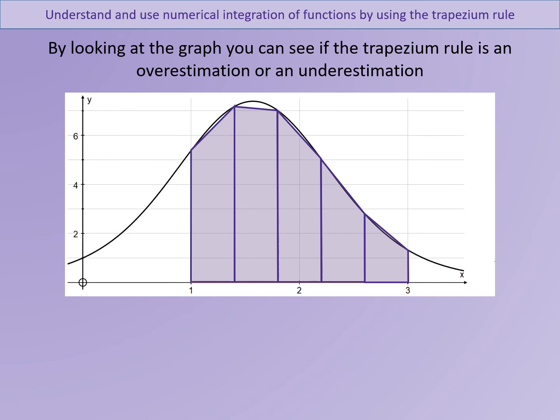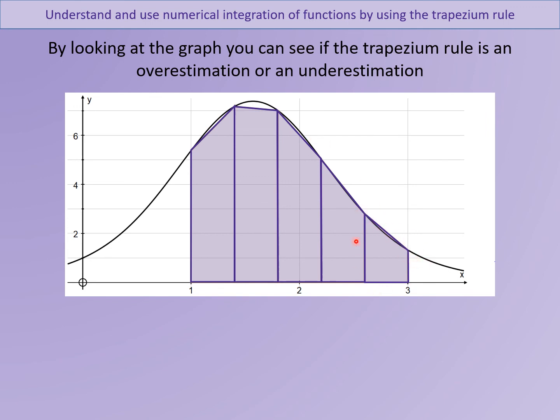So if we were to look at the graph of a function and to draw the trapeziums in, we can see in this case there seem to be some areas here that are not covered by the trapeziums that would be included in the original area. There's also another area here where this trapezium has covered that area, but actually it wouldn't be included in the integral. However, on the whole, it looks as though there are more gaps, more bits missed out compared to